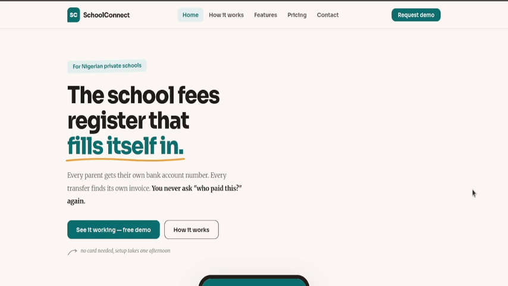Now, in most schooling systems, fees are collected. And one of the bottlenecks and one of the pain points for many schools is their school fees collection and reconciliation. Many times fees are paid and the school has to be asking parents, please, can you send in your invoices? Can you send in your bank transfer receipts so that we can know who paid and who you paid it for? And all those kinds of questions. Sometimes it happens on a WhatsApp group or a WhatsApp chat where the school is sending out messages to the parents on the WhatsApp group chat and asking them, please send in.